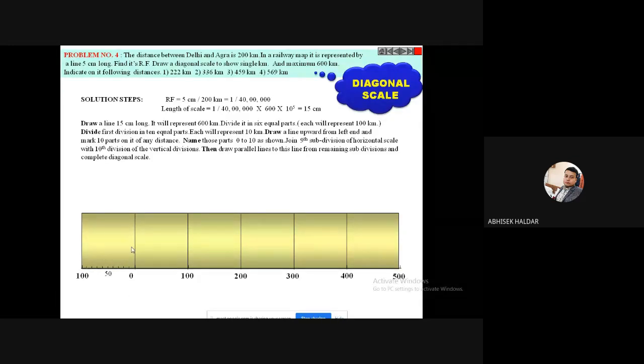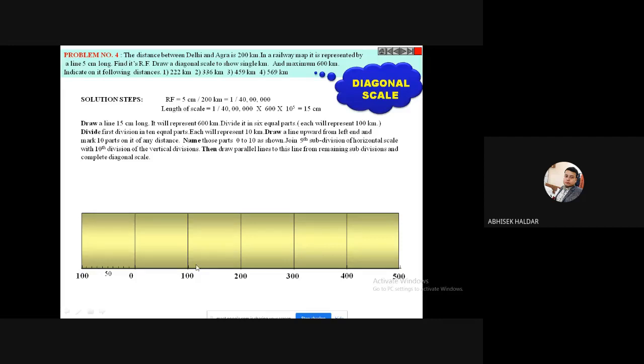If I ask you to measure, for example, 220 kilometers, how will I measure? Try to understand. For any measuring, I will start from 0. 220 kilometers means 200 plus 20 kilometers. First I will take 200. How will I show 200 kilometers?